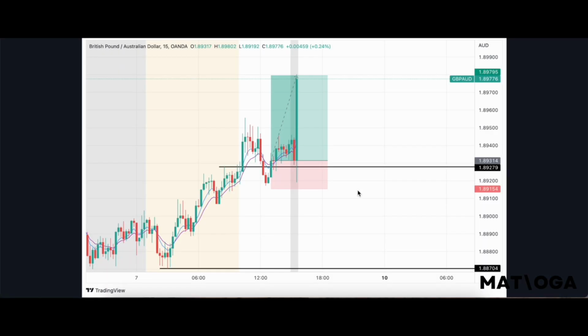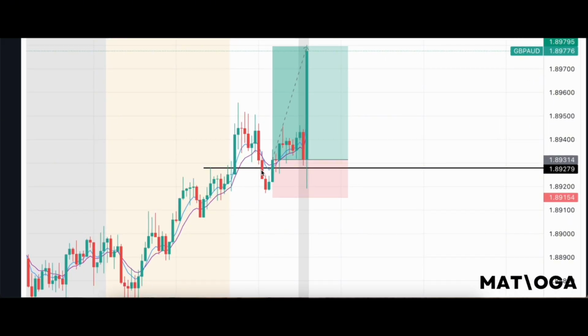So what happened here? Once again, we have a session low, a session high. We had a breakout above the session high. As you can see, it's a clear, strong breakout, closed highly above the session high with a body closure. Then we had like an hour or two of consolidation. We had some bearishness, and this candle right here is a tricky one because it may be a potential short